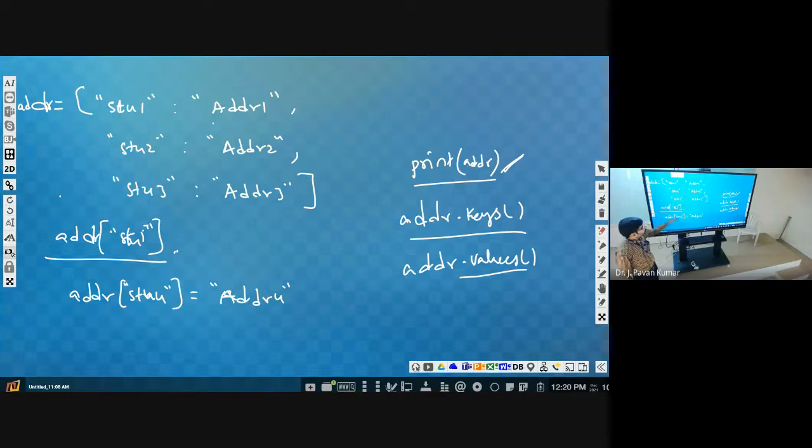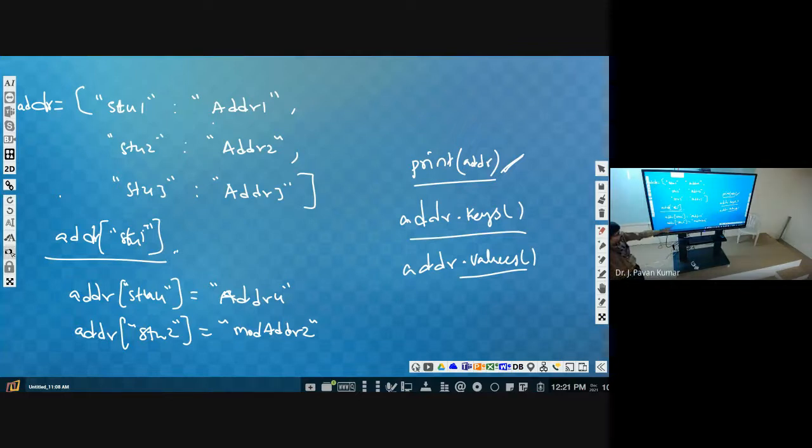Suppose you want to modify a certain address, say student 2's address changed. Then you give address of student 2 is equal to modified. Like this.